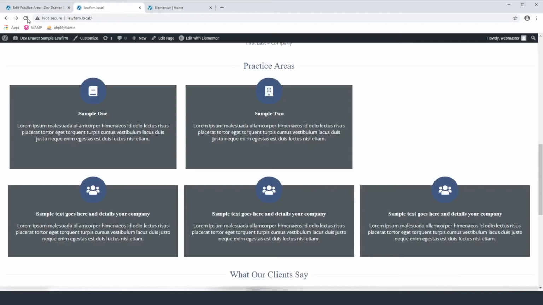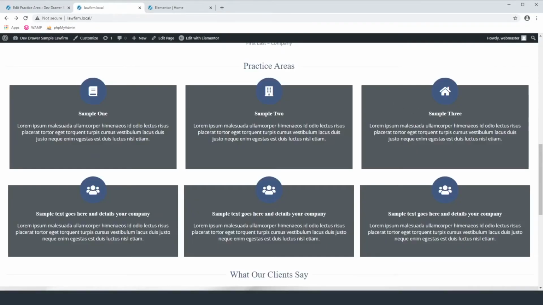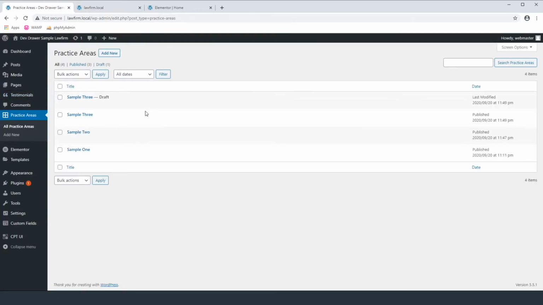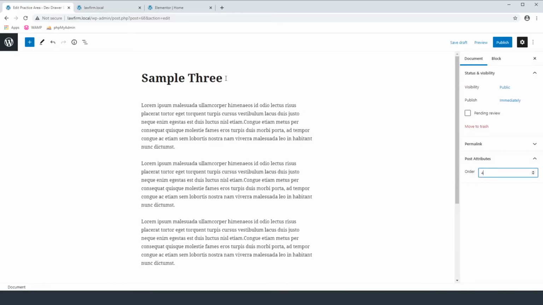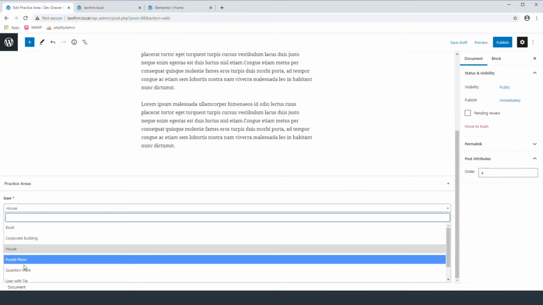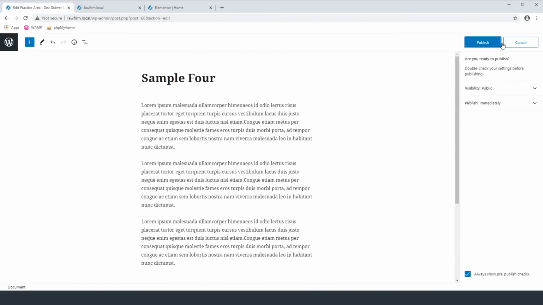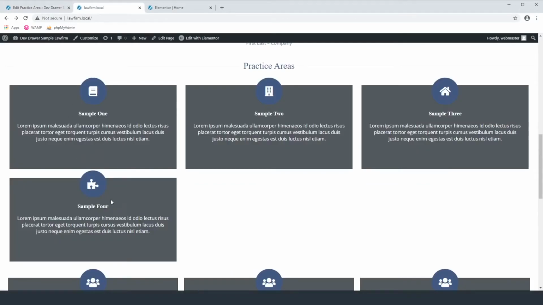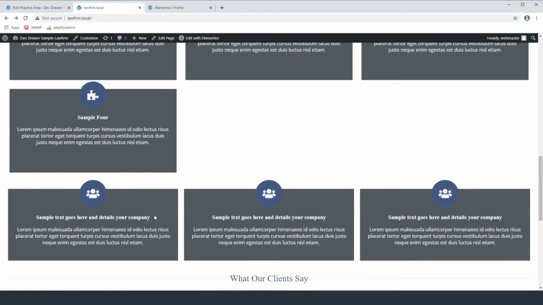So that should give us our final on this row. So the next one that we create should go down to the next row. So let's duplicate this again and make it order 4, sample 4, with the puzzle piece icon, publish. And now if we refresh, there it is. So it goes down to the next row because it's outside of that 3 that we coded for in the PHP. So now we can go to the Elementor home,